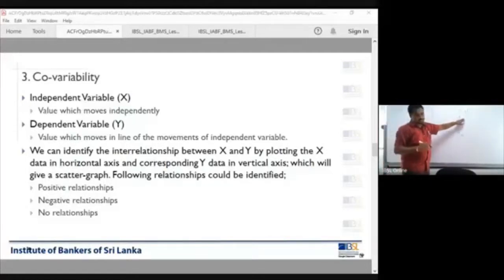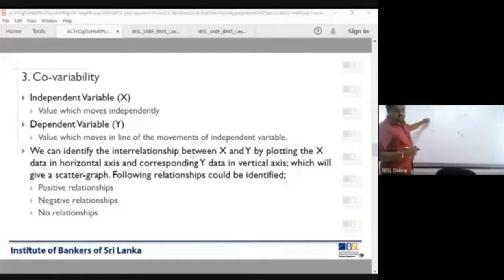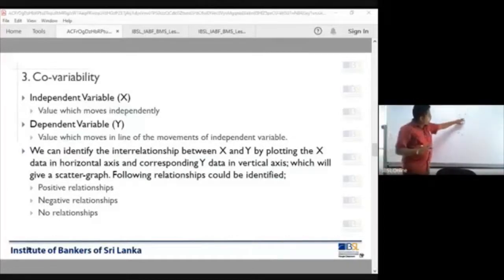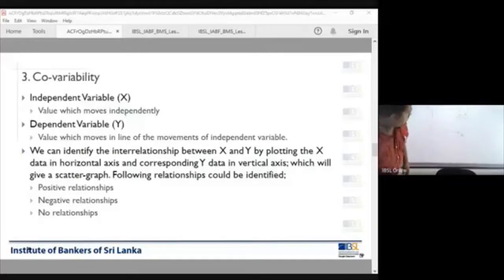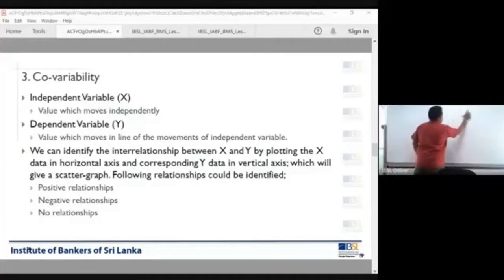It's a pair. For the independent value of x, you have 3, while for the same data point, you may have a dependent variable's value of y. This may be the weight, this may be the height. Okay. So the whole idea of trying to plot the scatter graph is where